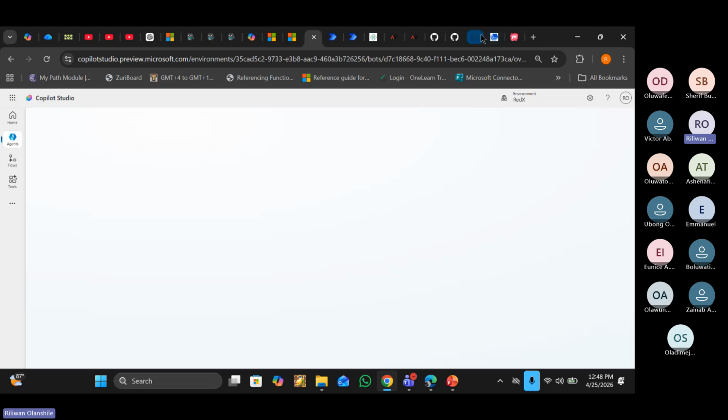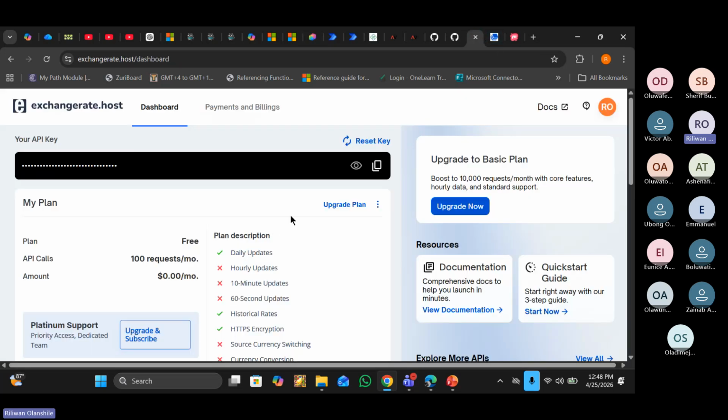So let me go back to what I was saying. Now, for you to be able to use a particular API, if I have a platform now and I want people to be able to integrate with it, of course, I will not just make it an open API unless I know that I want it to be publicly available. I want everybody to be able to use it, then that's fine.